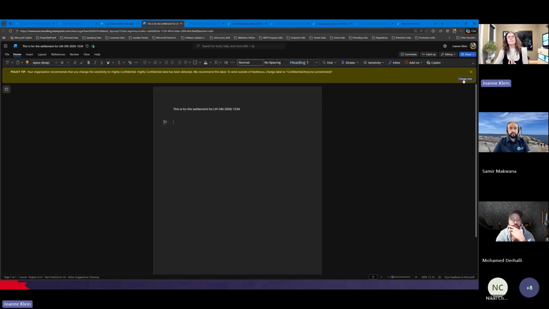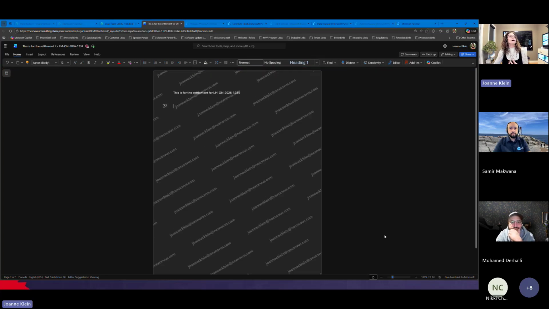So I can select change now, and I've got some watermarking. If you go up here and I click that, that's the sensitivity label applied to this file, and that's the description I have for it. So it detects in the moment, client side, that I've got a match on that classifier. Where that is done is,